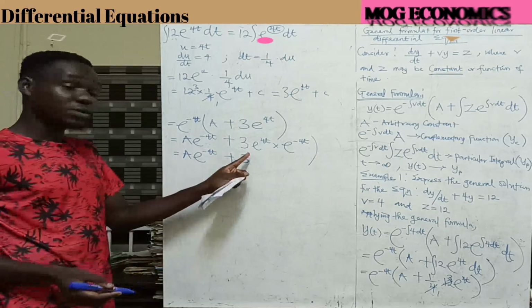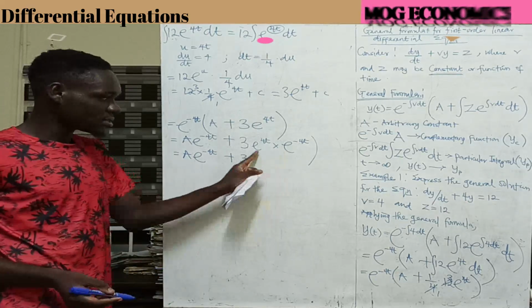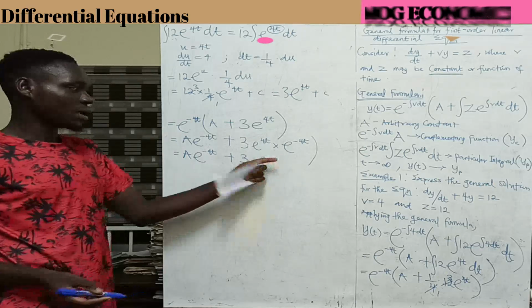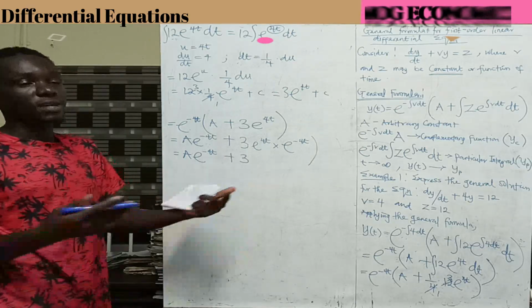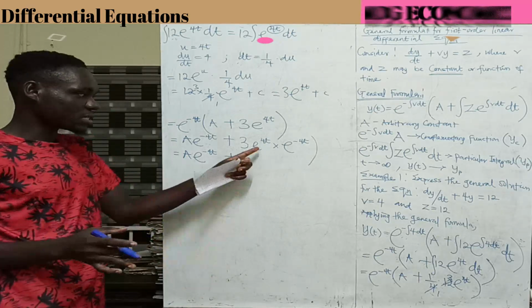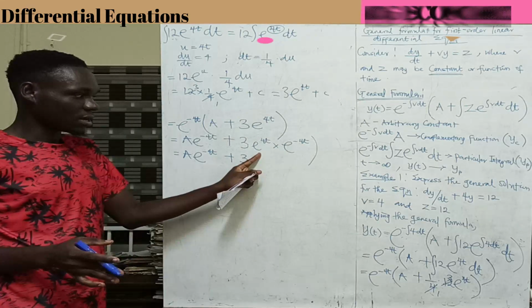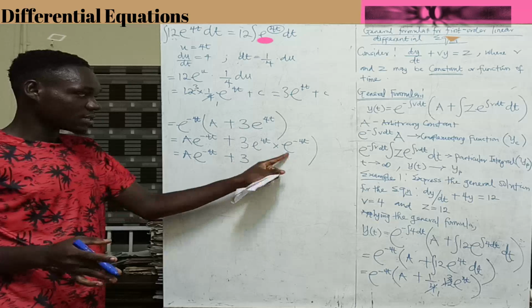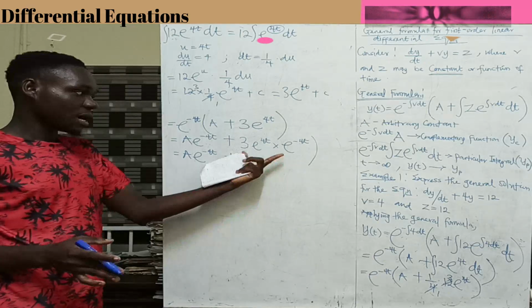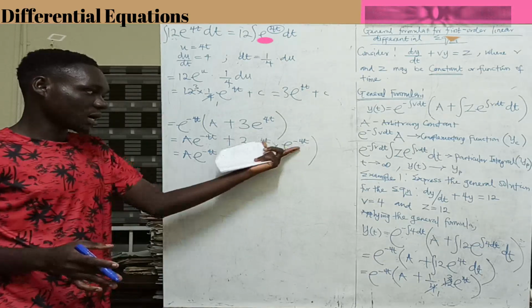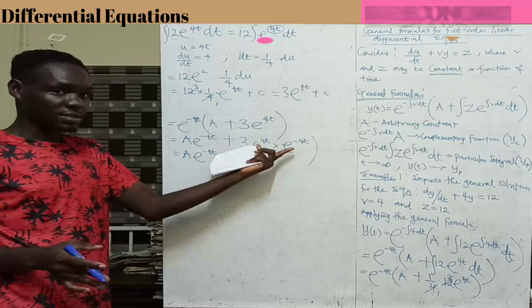And how did you get that? Here, we can easily apply the law of indices, because here they have the same base, the exponential is the same,